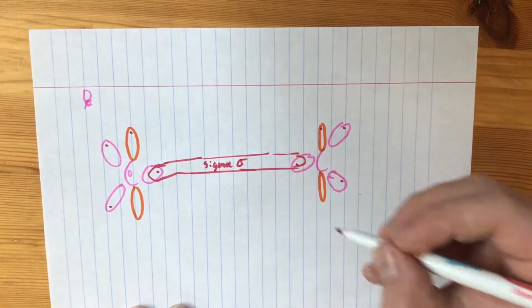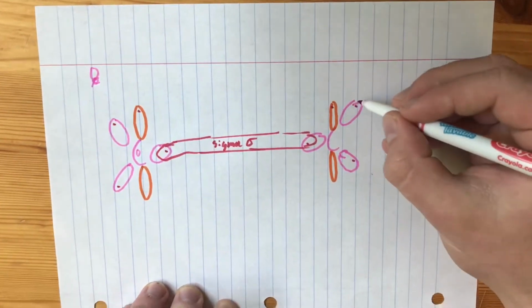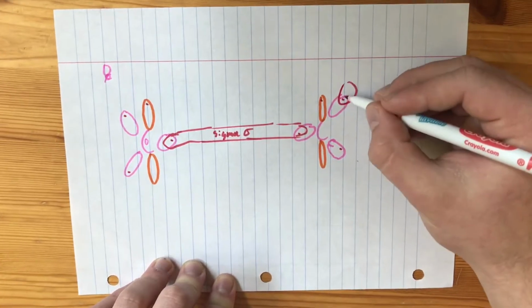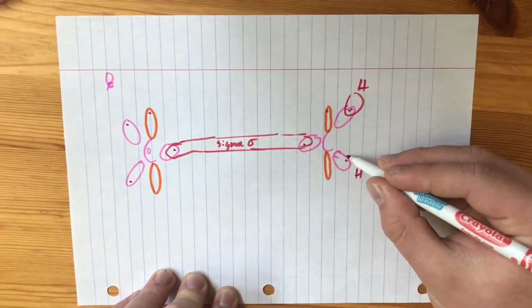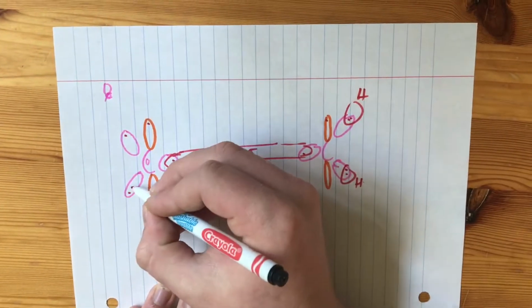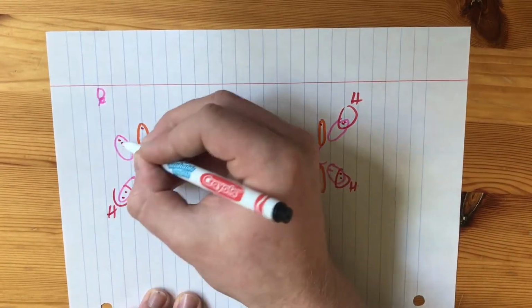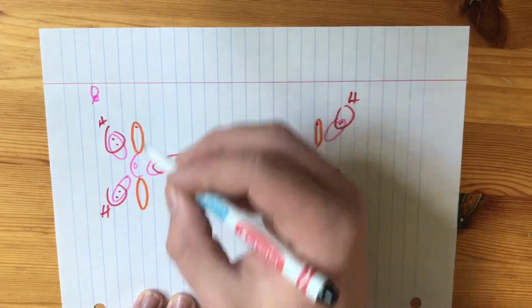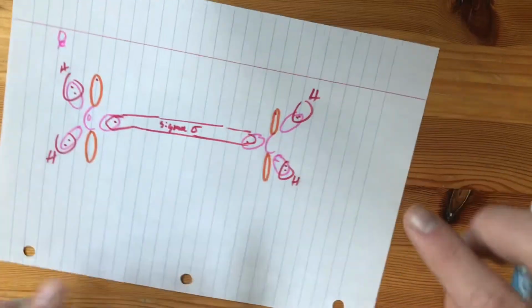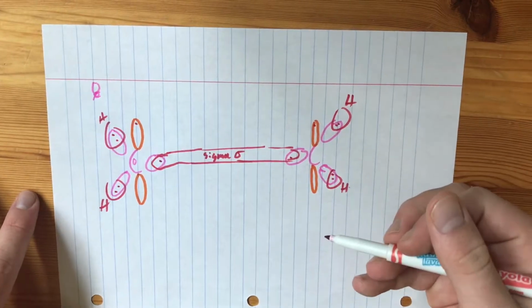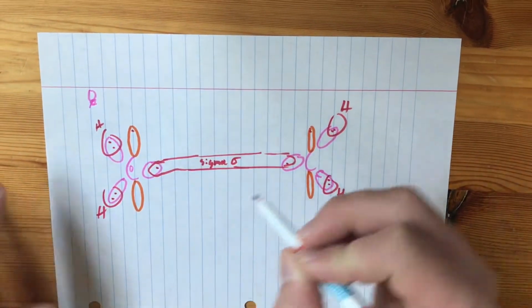And same with all these and their hydrogen pairs. H, H, H. All right, and all of these are sigma bonds because they're direct bonds with each other,